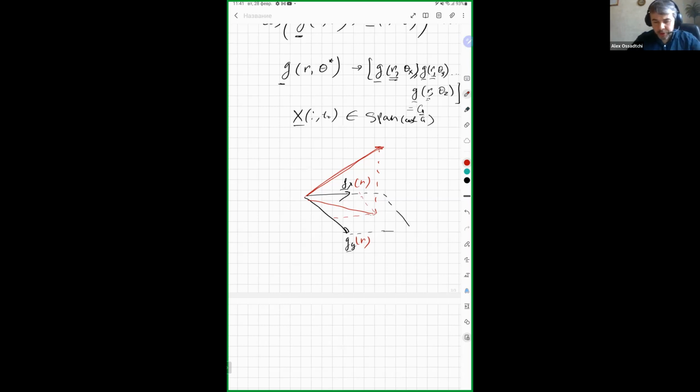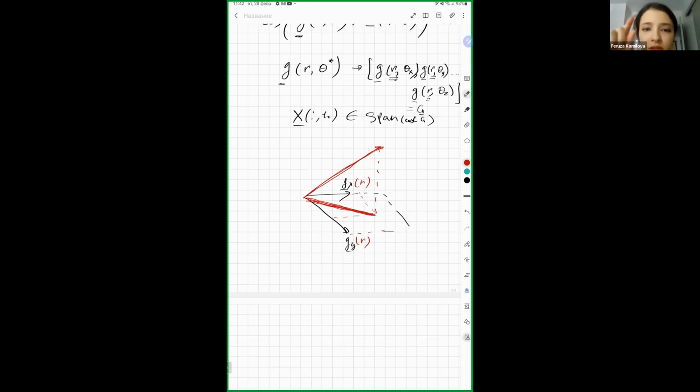And how do you measure it? You are measuring it basically by looking at how big this guy is with respect to this guy, right? If this guy in projection is exactly equal to this guy, then basically,